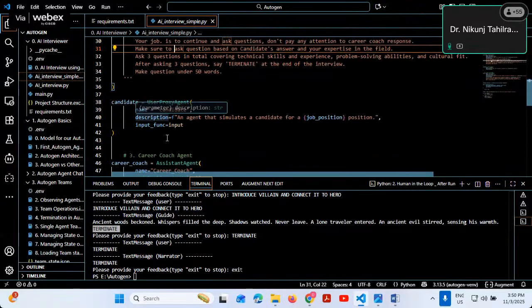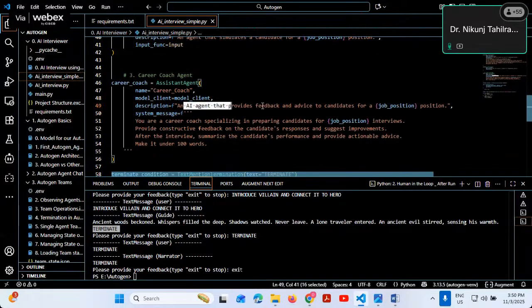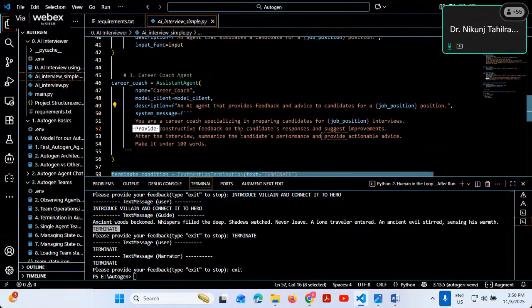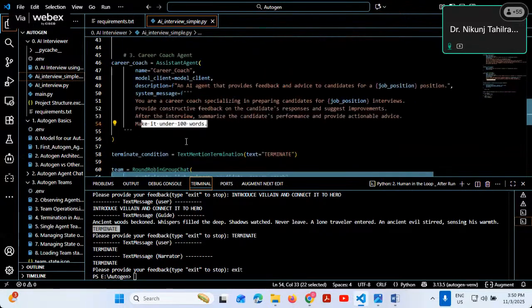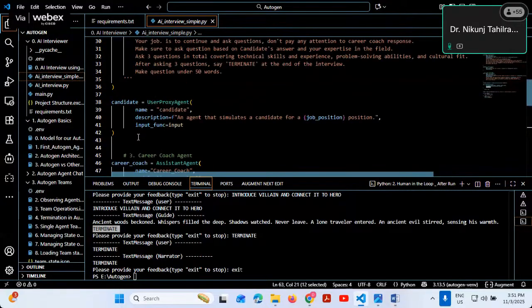Then the user proxy, nothing we have to do. We just have to write down the name of the user proxy agent, which is the candidate. Third is the career coach. What is the career coach? An AI agent that provides feedback and advice to the candidate for a job position. What is the system message? You're a career coach specializing in preparing candidates for this interview. Provide constructive feedback on the candidate's response and suggest improvements. After the interview, summarize the candidate's performance and provide actionable advice. Keep it under 100 points. Right? Once you define these three agents, your job is very easy. Go into the round robin group chat, provide all three participants, and provide the terminate condition. Again, I am also keeping max turns equal to 20 so that 20 turns will be taken, and I run the team. So if I run this code,